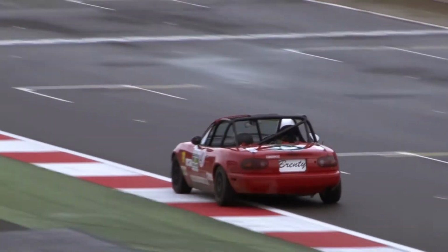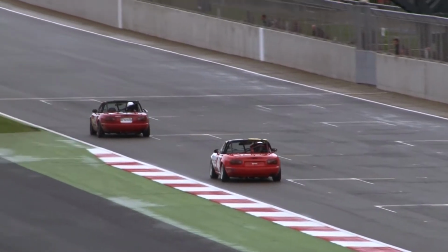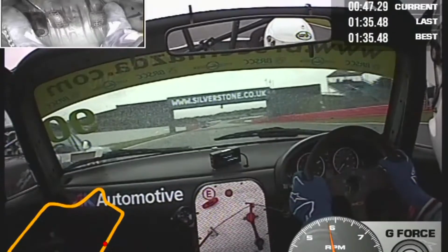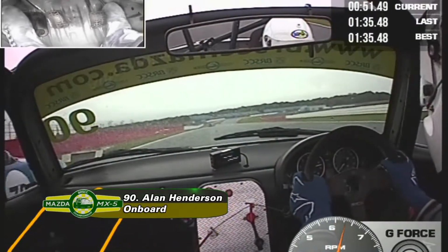As we watch number 41 car making his way along the main straight now, that's Kevin Brent. Kevin keeping his nose clean, and that's really what you've just got to try and do on a day like today. As we go back on board with Henderson down the Hangar Straight, we're side by side with Rogers in the 70 car there,